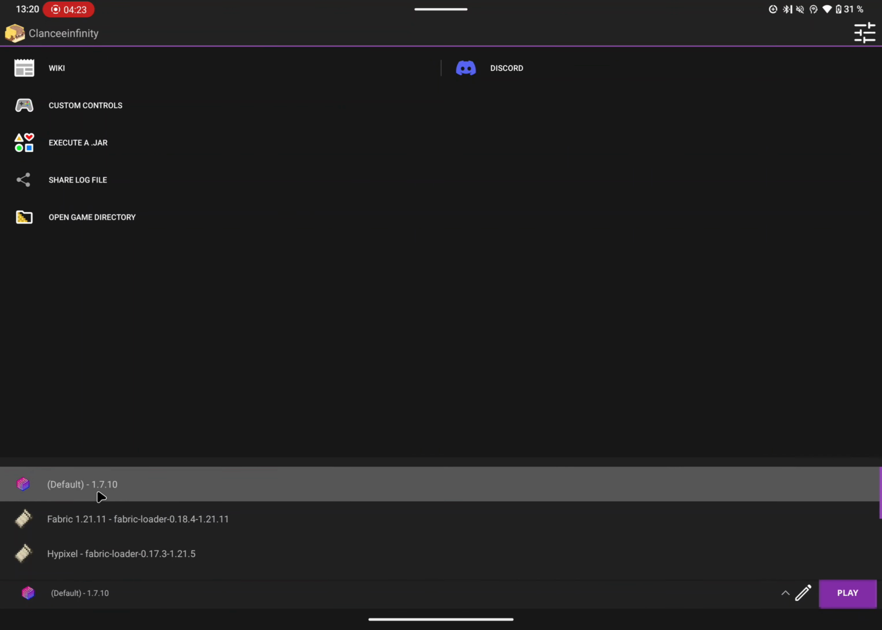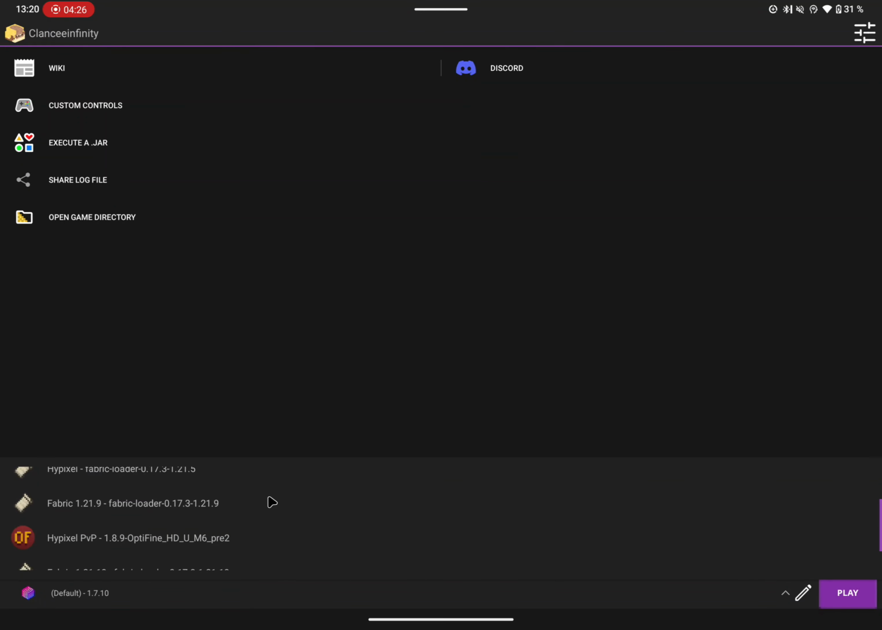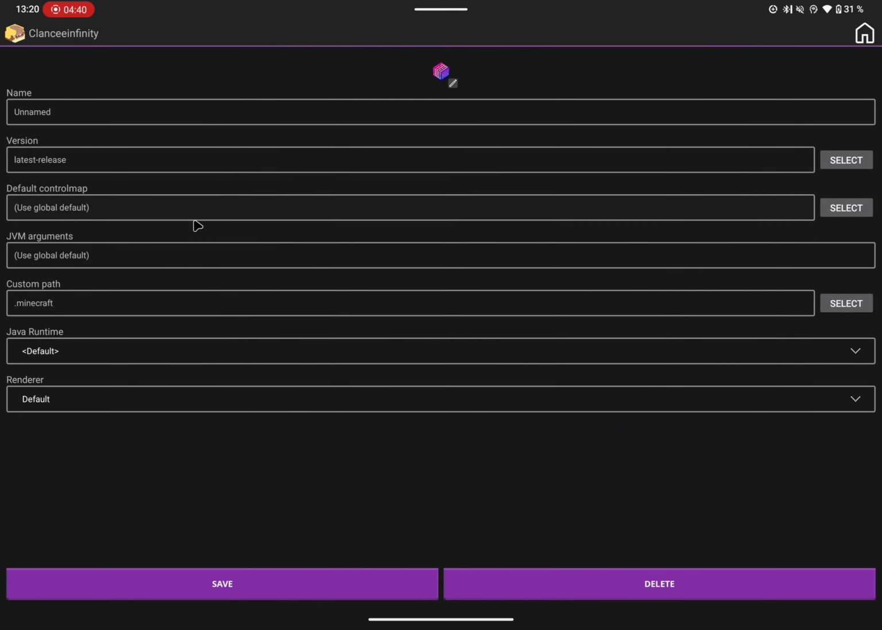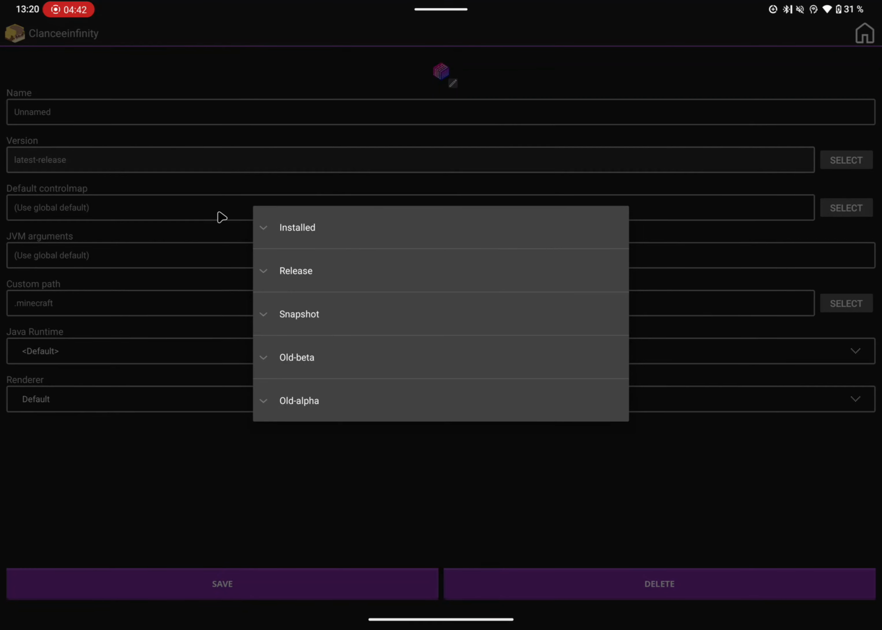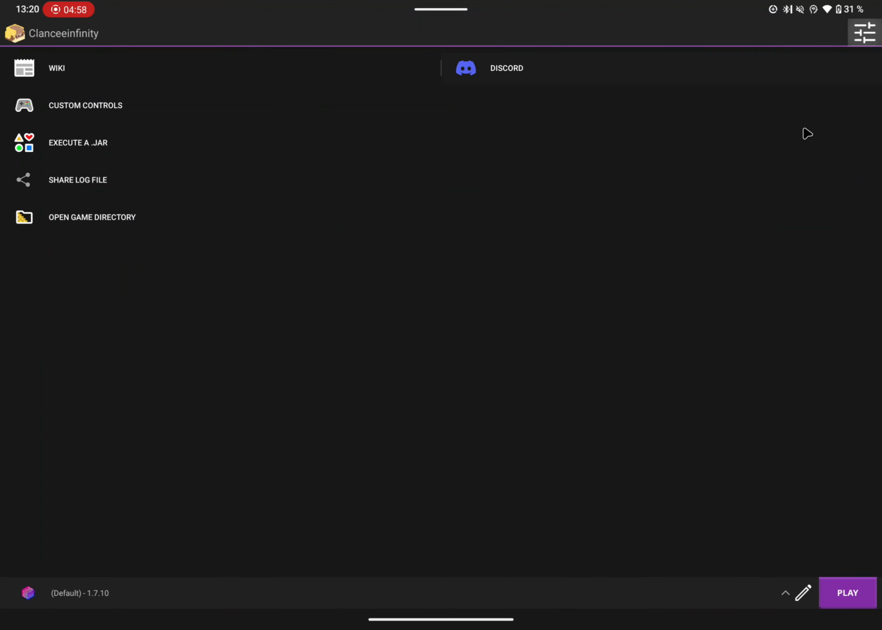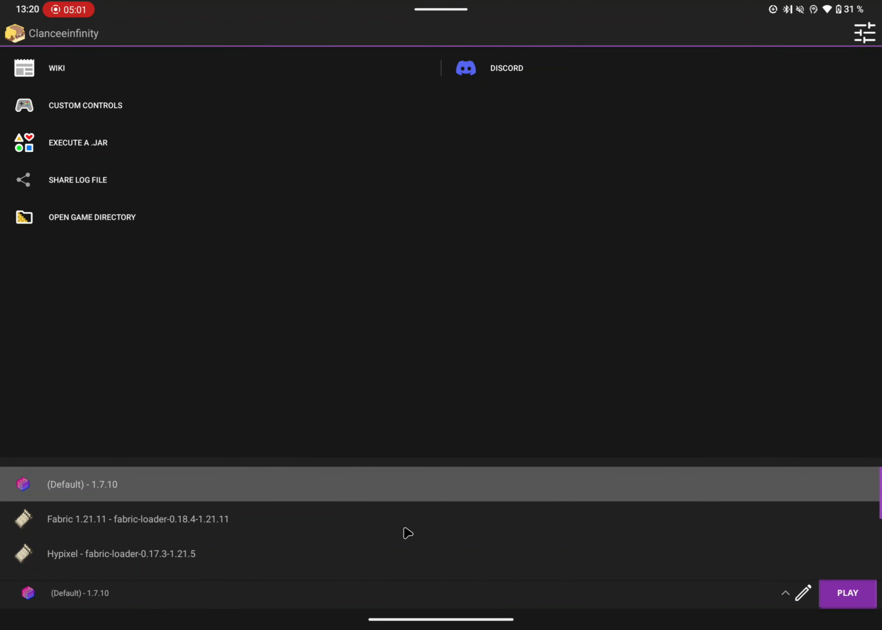It's defaulting to 1.7.10. But you can just create a new profile. You can create vanilla, fabric, whatever. I'd really recommend the newest version. It is right here. It has increased my performance very, very much. Even without mods, even with mods. But right now we are just looking at the default installation,